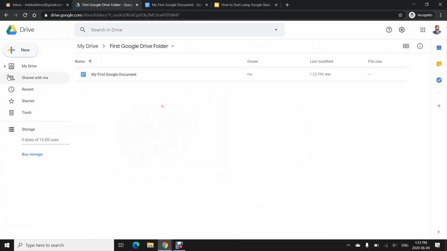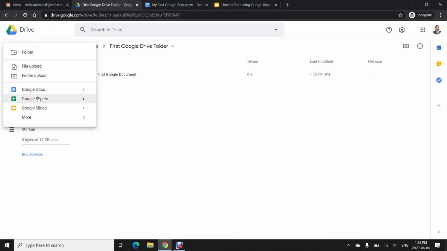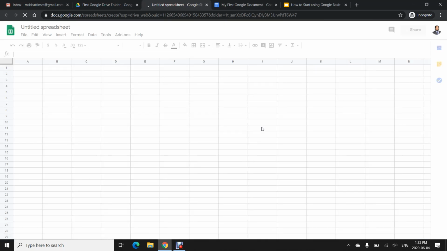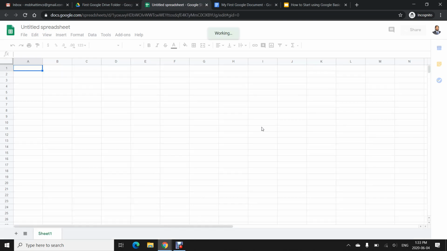The next, new spreadsheet. Spreadsheet is just like Microsoft Excel. It is giving very competitive functions.